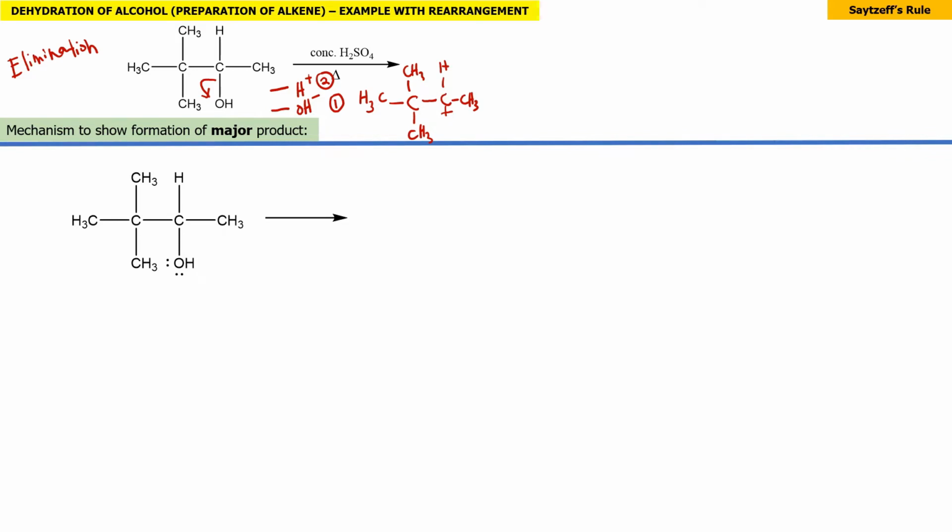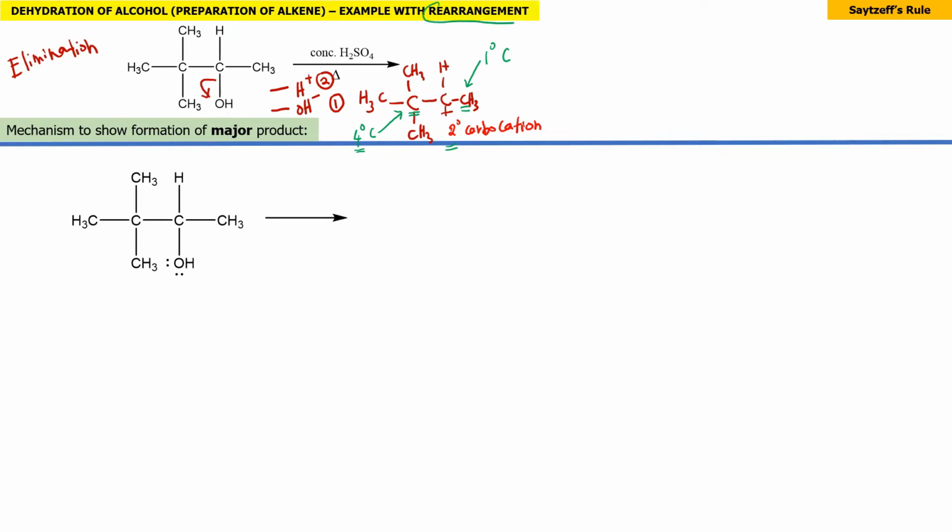So bila kita ada secondary carbocation, maka apa yang awak kena buat adalah wajib untuk cek carbon jiran kiri dan kanan. Okay, mana carbon jiran dia? Ini pun carbon jiran, yang ini pun carbon jiran. Okay, so carbon jiran yang ini adalah quaternary carbon. Carbon jiran di sini adalah primary carbon. So sekiranya kita dapat primary ataupun secondary carbocation, wajib kena cek carbon jiran. Dan sekiranya carbon jiran itu adalah level up, okay, kelas dia lagi tinggi daripada class of the carbocation, maka kita